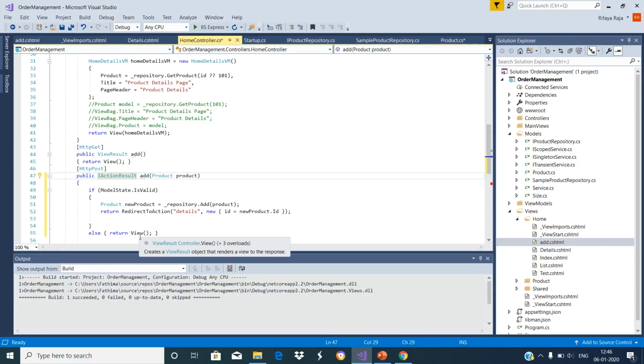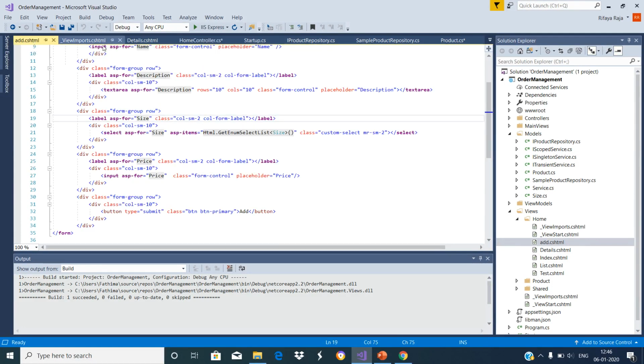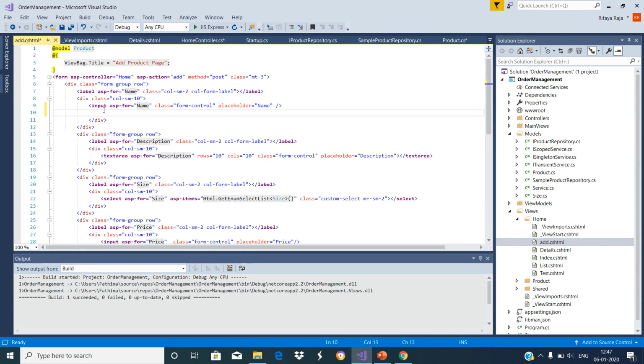Now let us display the model validation errors in the add.cshtml view page. In order to display the validation errors, let us use the span element and use the asp-validation-for tag helper.